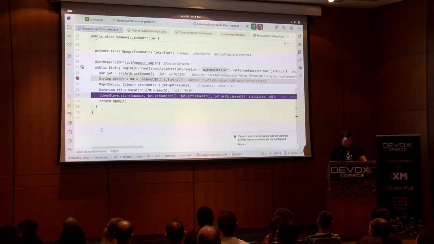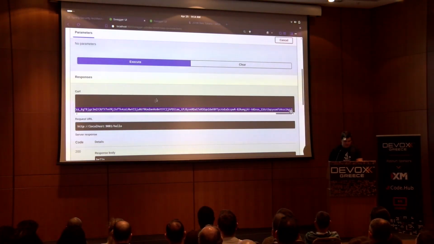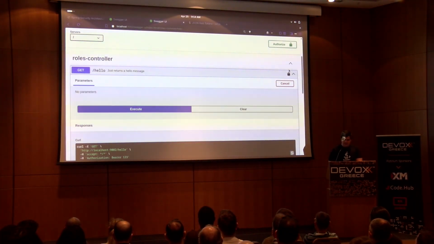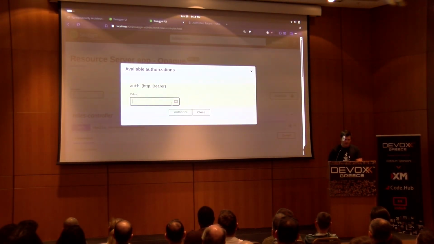And we store it in the token store, right? Imagine in a real environment, you would use something like a distributed cache or Redis, right? So you wouldn't store it in memory, maybe, because once the service goes down, everything goes down, including all the stored tokens that you have, so not great. Now, coming back to the opaque token resource server, if I log in again,